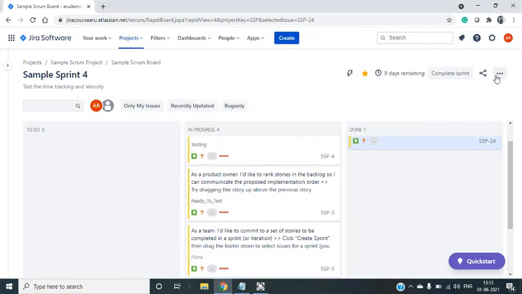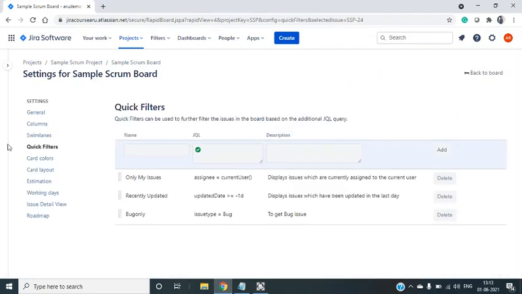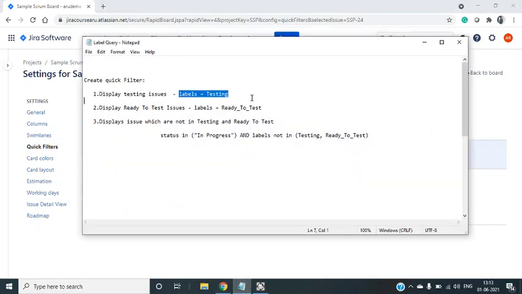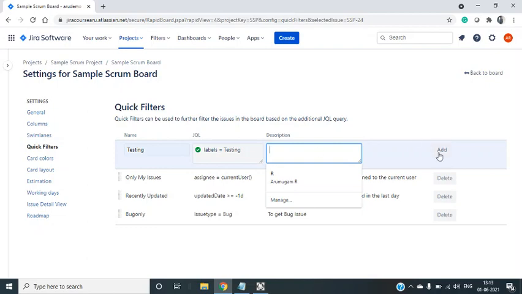If you want to create a quick filter, go to the board setting and come to the quick filter section. The first one is we want to list out the testing, correct? So we will take this one, correct? Labels, testing, add.